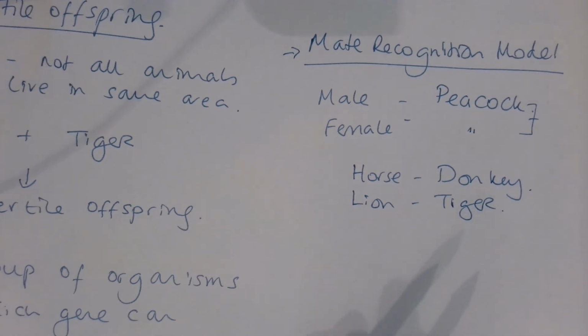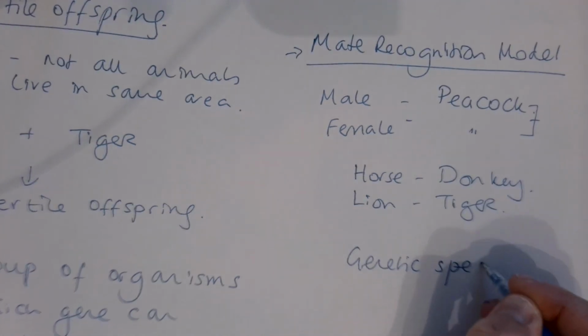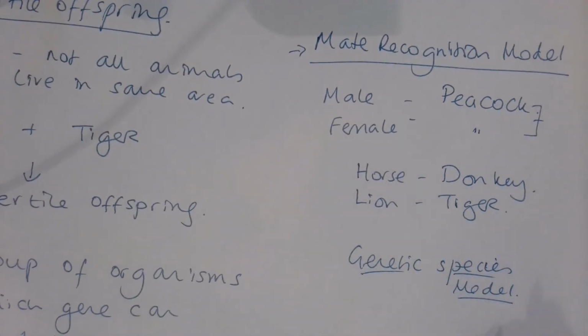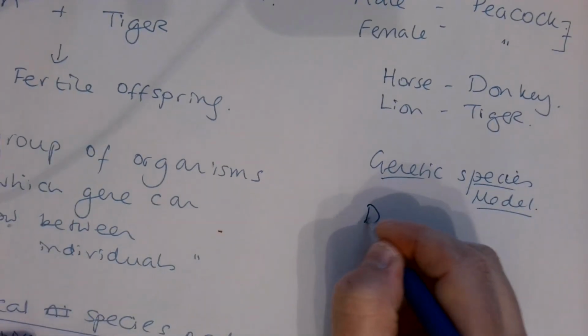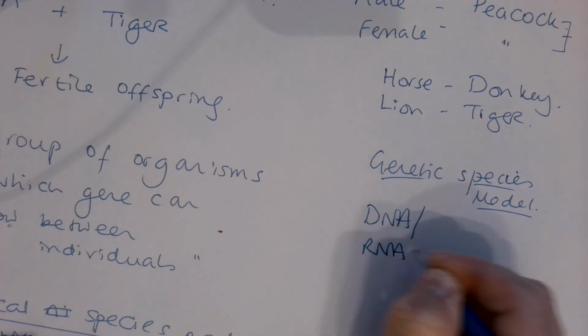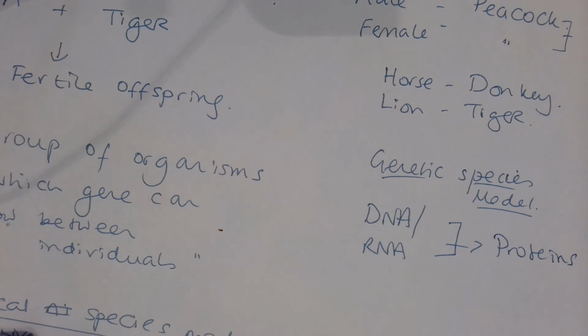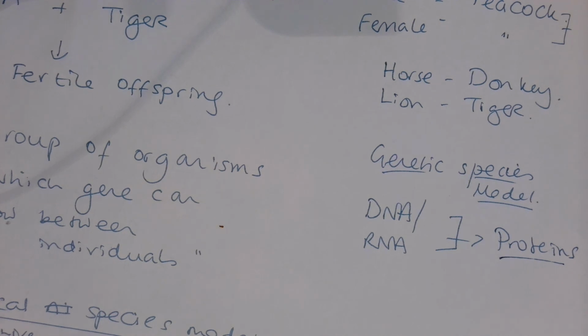The final one that we have to talk about is the genetic species model, and we will talk about this in more detail later, and literally the techniques we use to determine whether it's a type of species or not. And this is the use of DNA and RNA, and using this we can then look at the type of proteins present within a particular species, and this is pretty much the way forward with this. It used to be a lot more difficult because it used to be very expensive to do, but now with new techniques it's becoming a lot easier to look at sections of DNA.